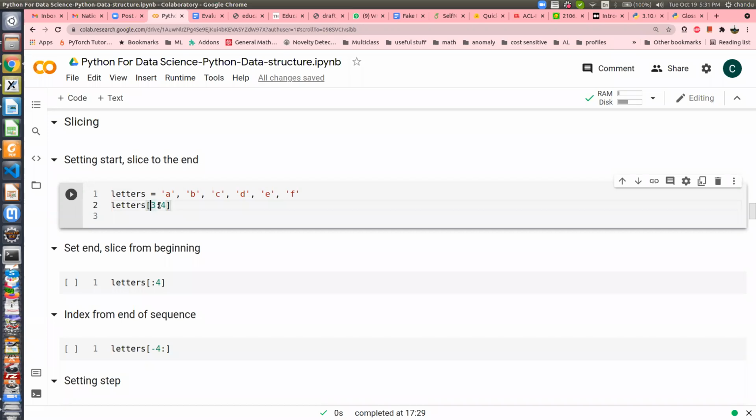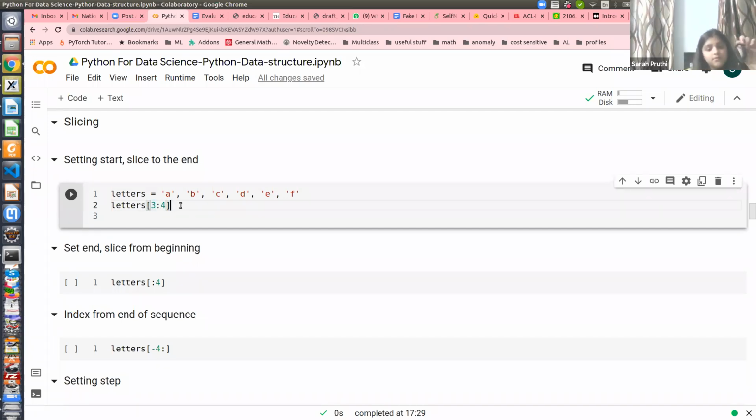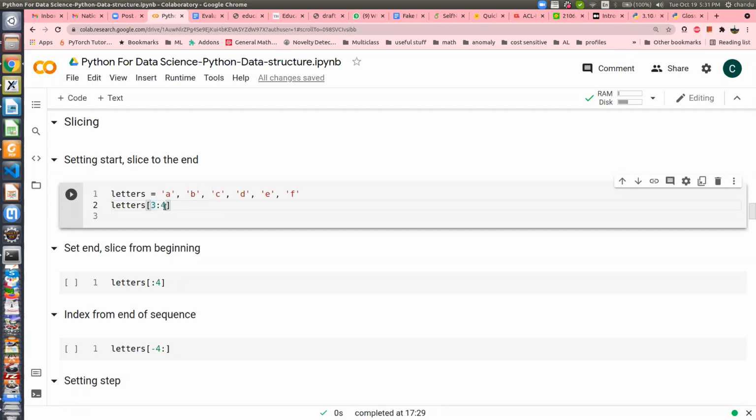Within this notation, we pass the starting location from where you want to slice and up to which location minus 1. Actually in Python, this last index is not accessed. We just access the index just before that location. So here I'm saying, start from 3. Which letter is at location 3?